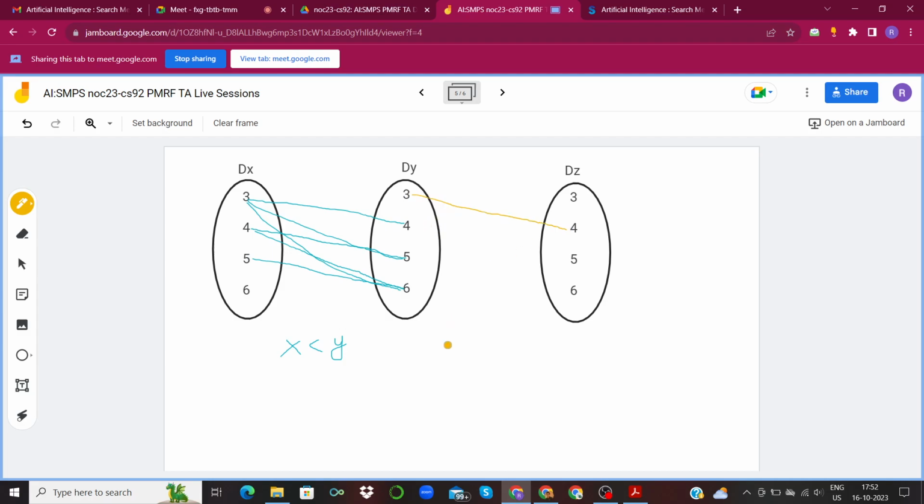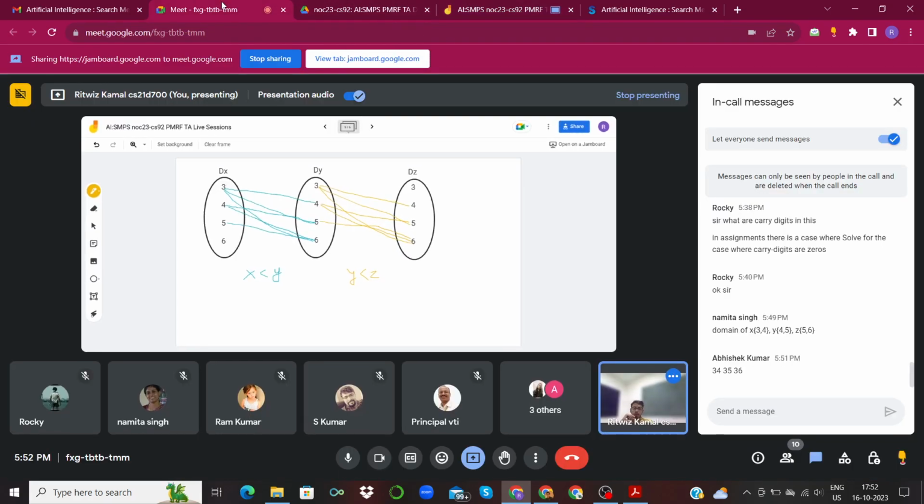Similarly, let me use a different color for this. There will be arcs between y and z also, where the constraint was y has to be less than z, right? So 3 will be connected to 4, 5 and 6. 4 will be connected to 5 and 6, and 5 will be connected to 6, and 6 will not be connected to anything else. Right. Now, what we have to do is we have to,